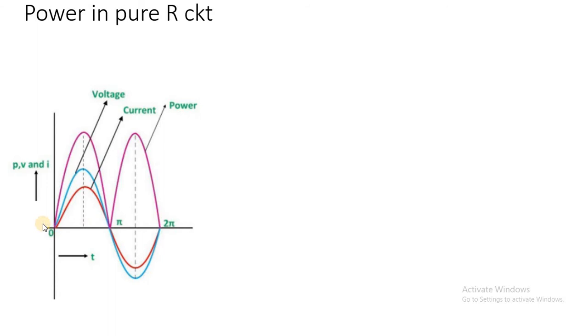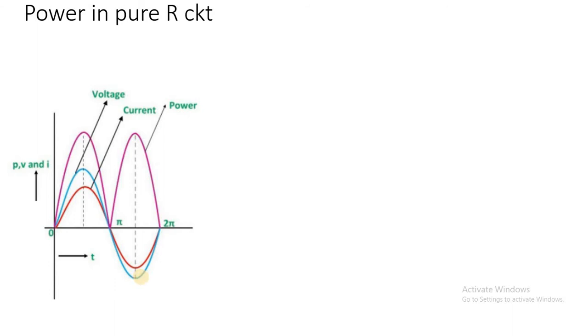Similarly, from 0 to pi, the instantaneous values in the power waveform or power curve are greater than the voltage and current, as well as being positive. Now from pi to 2 pi, if you see, between pi to 2 pi, the current waveform is in its negative half cycle and the voltage waveform is also in its negative half cycle. As the current waveform is in the negative half cycle, the instantaneous values of current are negative, and the voltage waveform instantaneous values are also negative.